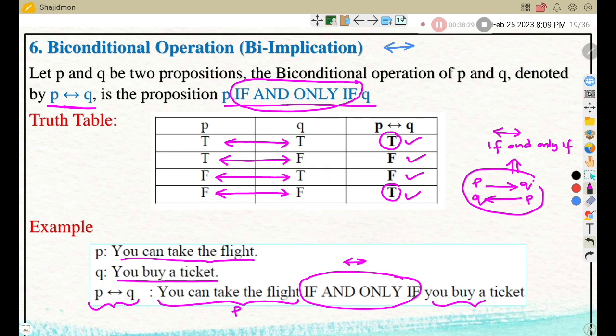Then the Q statement: you buy a ticket. So this is the English writing of that sentence, P if and only if Q, that notation. So you can take the flight if and only if you buy a ticket. Wherever you see the double arrow, you need to write "if and only if." That is the meaning of that statement. Okay, now